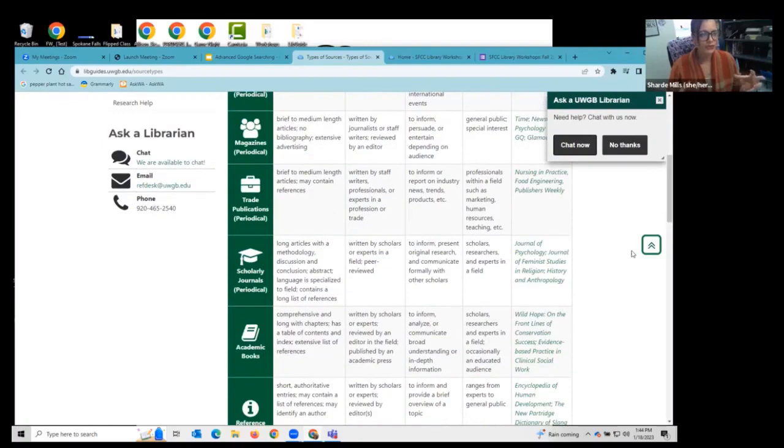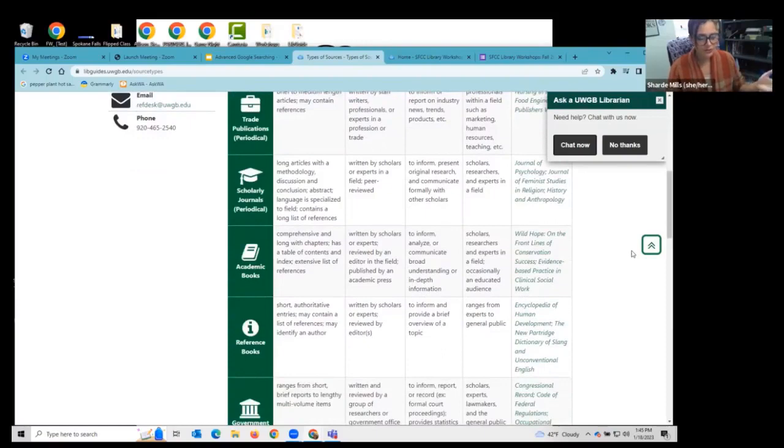We also have different sources that are called trade publications. So this is the type of information that's created by someone like in that career. So we're librarians. There are a bunch of different websites, resources associated with libraries and being librarians. And that's going to have a different type of information than just a general website for the public, right? It's geared for people in those areas. And these can be particularly helpful depending on your subject area and the purpose of your assignment, because they have a little bit more of that credibility depending on the perspective of what you're looking for. And I think we don't think of them as often.